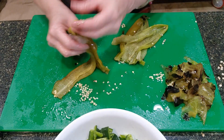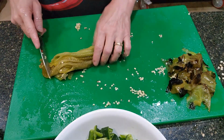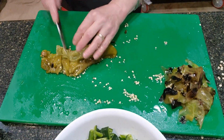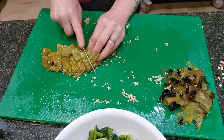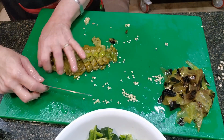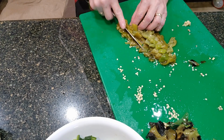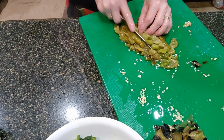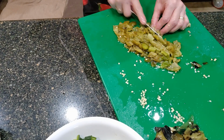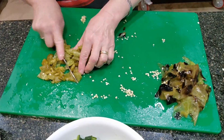Okay, so I have a total of 6 of these. I'm going to go ahead and dice up 3, and then I'll go ahead and get the skin off the others and dice up those. So I'm just going to go cut it this way. And then I'm going to go ahead and kind of maybe just spin this around and cut it this way so that they're diced up. Okay. And then I'll continue to do the same thing with